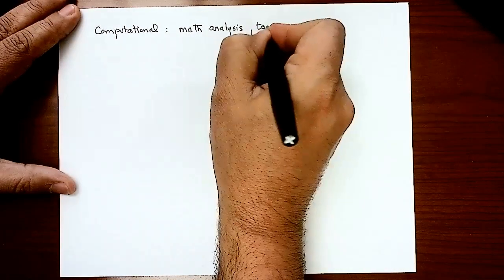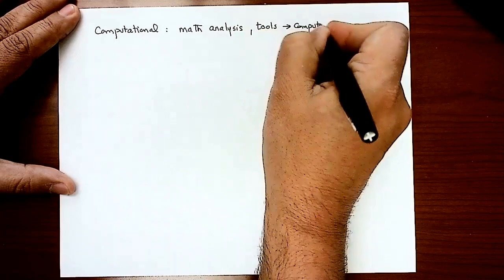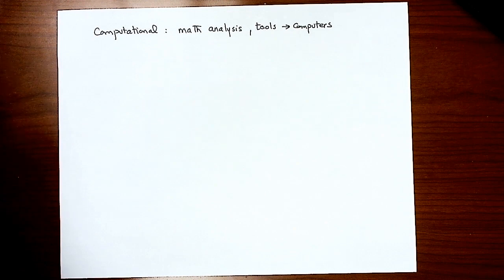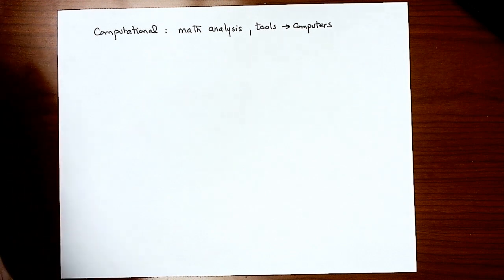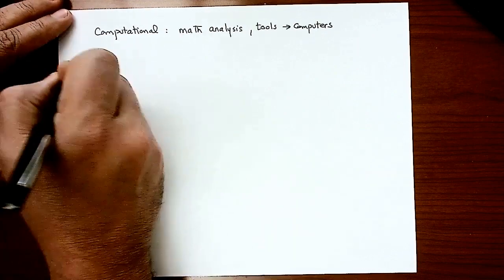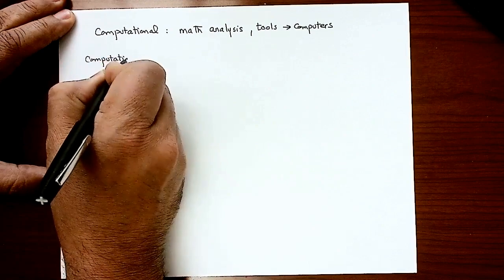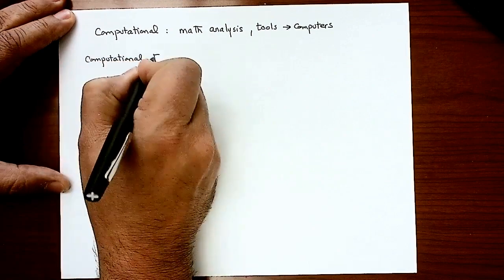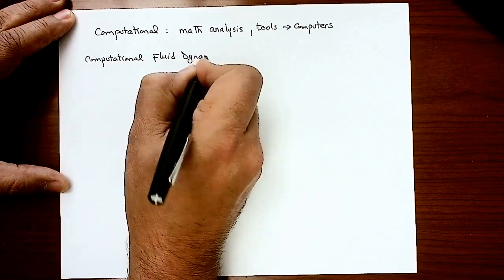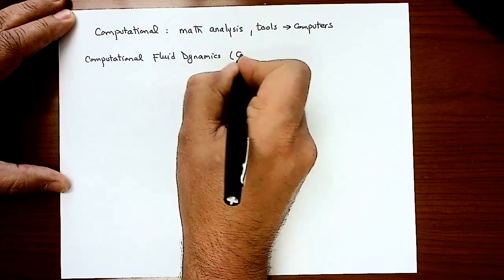Like tools, which means that I'm looking for computers, right? So now if we combine the three words definition, we can simply say that computational fluid dynamics, which we usually refer to as CFD,